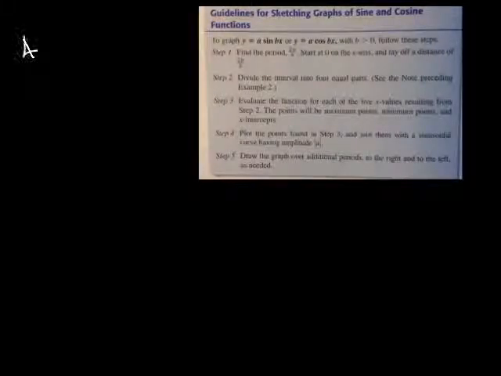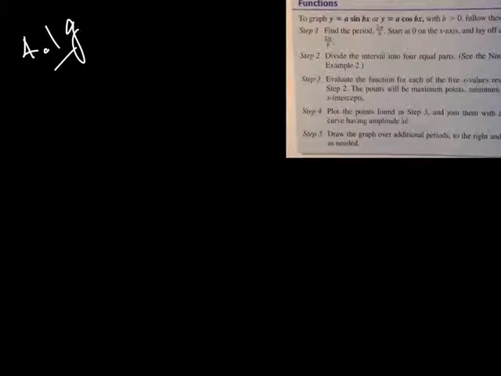This is 4.1 G and trigonometry, graphs of the sine and cosine functions. And this table here I have is on page 138. You need to make sure that you have this written down. Very, very important. It gives you the steps in order to do these problems. So I'm going to keep that handy, and we're going to look at example number 4 and work